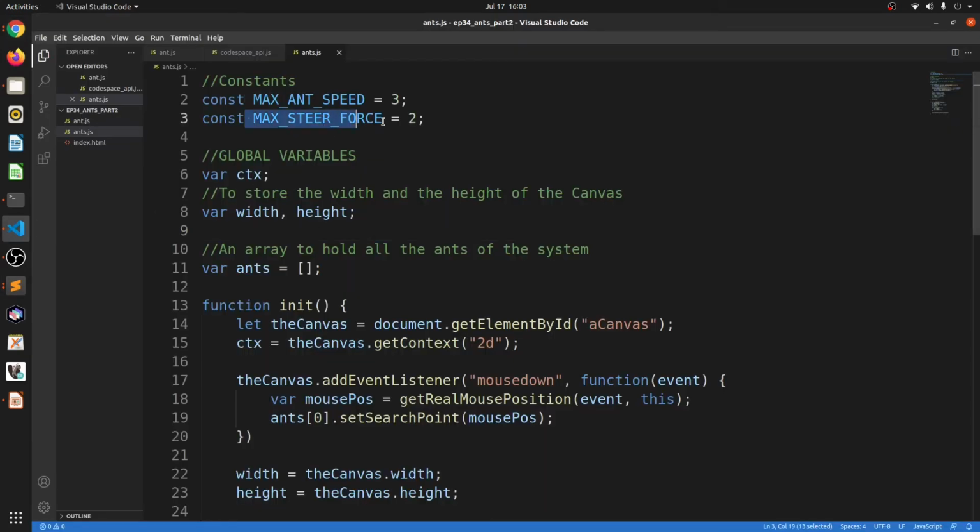Let me just refresh the screen, and you can see now that there is definitely a limit in the speed, but then this sort of weird behavior happens. That's because our maximum steer force that we have defined as 2 is obviously very high. I'm going to change this to a more reasonable value. It should be really very small. So I'm going to change this to 0.2, and let's see what happens to our steering behavior now. And now you'll see that our steering is much more natural looking, right? It really turns as if it was a real ant.